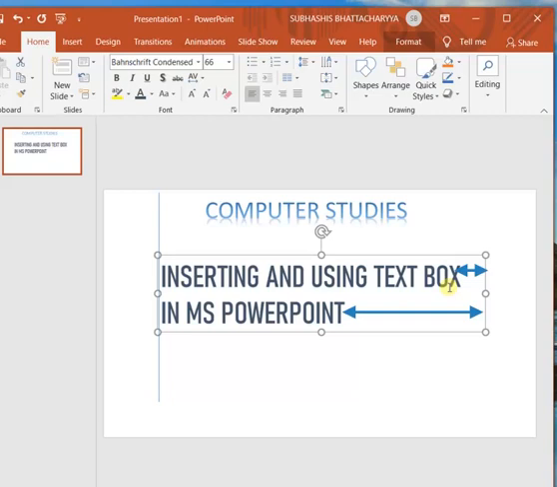This type of configuration or alignment is called left alignment, where all the lines start from the left side at the beginning from the same position, and there may be different measures of the right margin. So this alignment is called left alignment.